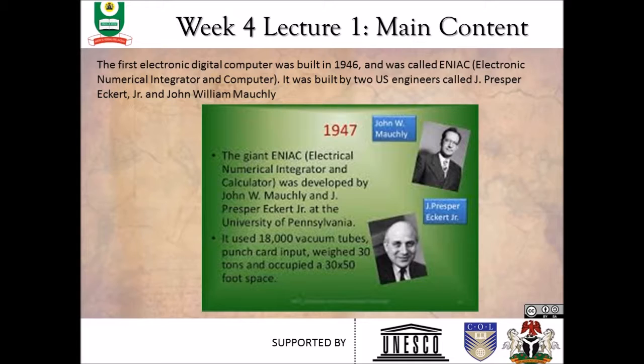The internet is another invention of the 20th century. It began in the early 1970s as a US Defense Department network called ARPANET. What then is the internet? What is your understanding of the internet? What is a network? A network is a group of connected computers that allow people to share information and equipment. The internet is a collection of various computer networks linked together and communicating by a common protocol known as TCP/IP, Transmission Control Protocol or Internet Protocol.